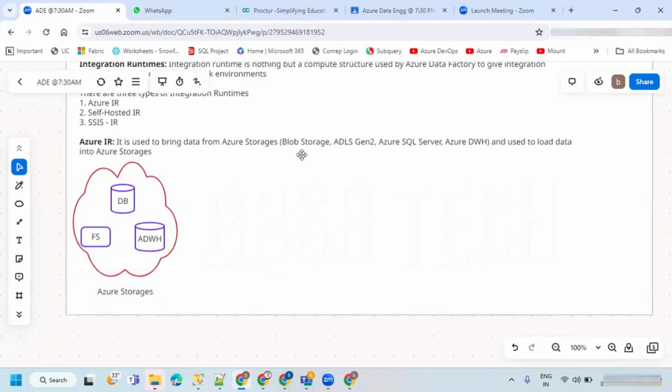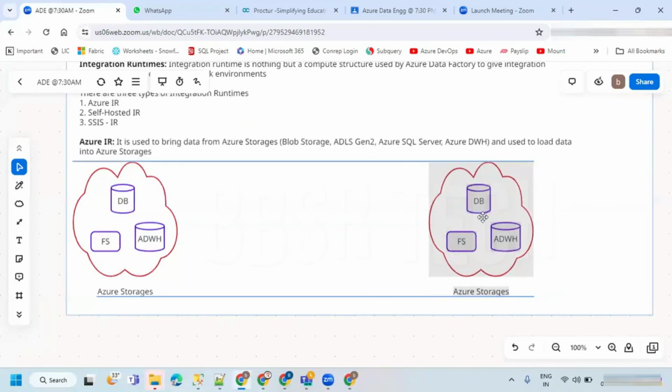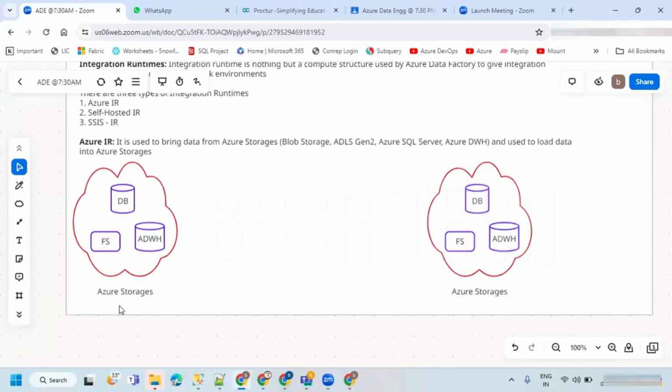That is what I'm saying: Blob storage, ADLS Gen 2, Azure SQL Server, Azure Database. All these are the Azure storages. So if I wanted to read the data from the Azure storages, and if I wanted to load the data into the Azure storages,